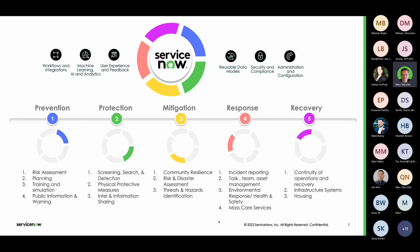And then when we go into the response phase, we can use ServiceNow to report and document incidents. Right? So ServiceNow is really strong in terms of incident management on the IT side, but we can leverage those capabilities to any type of workflows. So that can be those emergency scenarios, manage tasks, manage assets, and ensure that we provide the most critical response to those